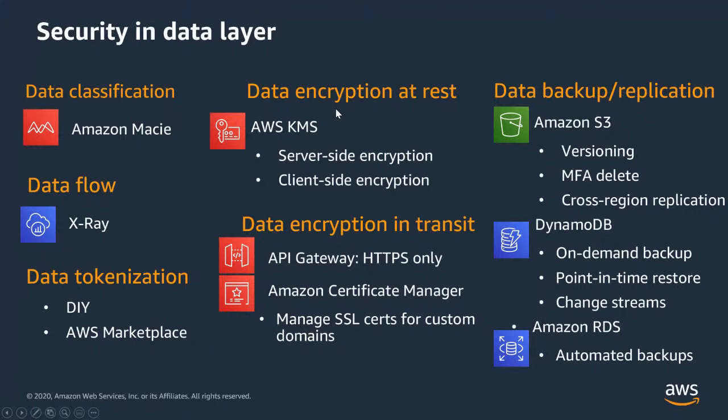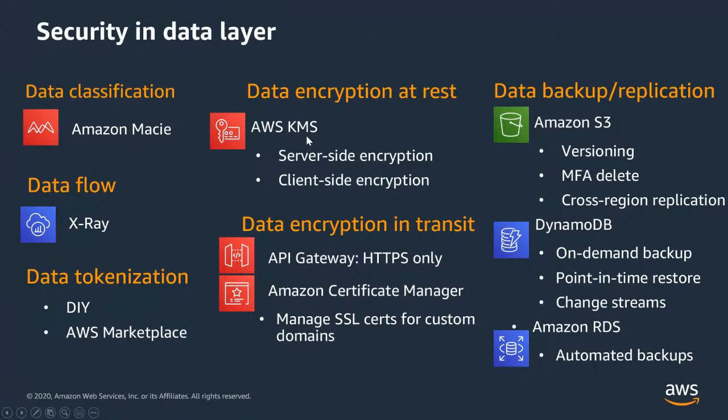Now, data encryption, when you talk about it from a cloud perspective, you usually talk about encryption at rest, where data is stationary in a certain service or a certain place, and encryption in transit, when it is being transmitted to another destination, from source to destination. With encryption at rest, you're basically talking about encrypting the data directly.